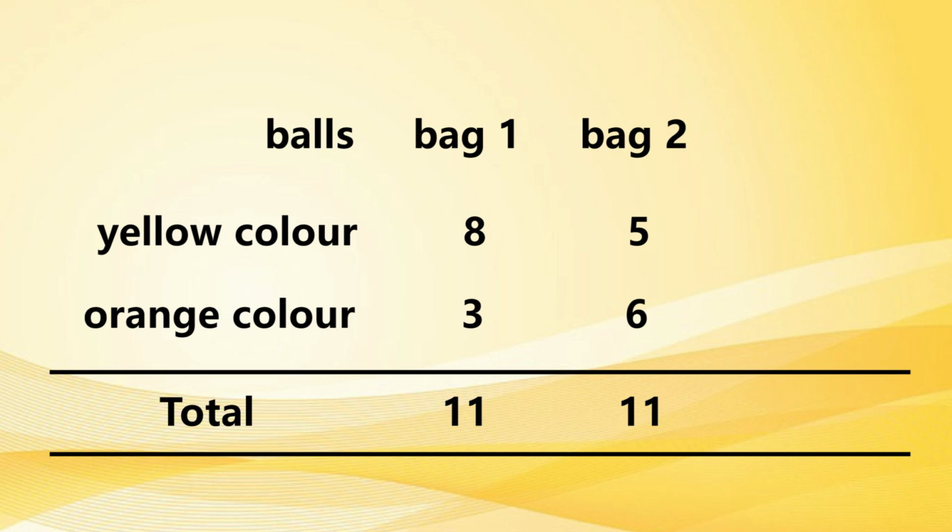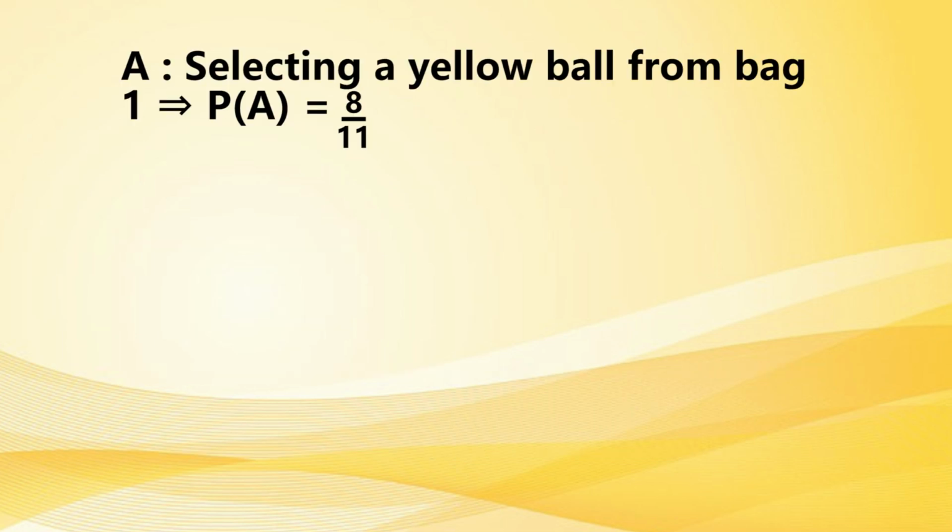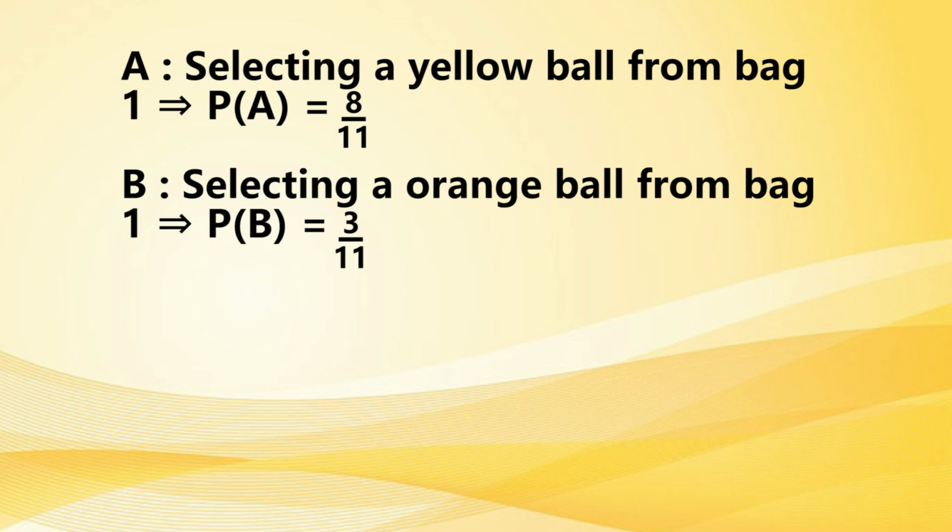Hence, the total number of balls in bag 2 is 11. Now, we shall define the following events. Event A as selecting a yellow ball from bag 1, which implies that probability of A is equal to 8 by 11. Event B as selecting an orange ball from bag 1, which implies probability of B is equal to